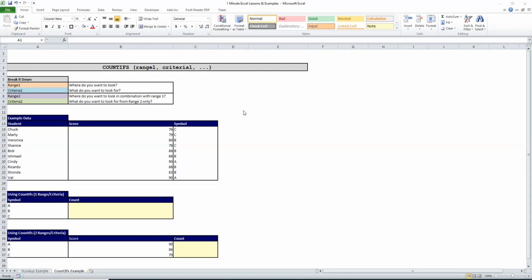Hello, here's a quick lesson on CountIf formulas. If we wanted to find the symbol here and how many times it shows up within this given data set,